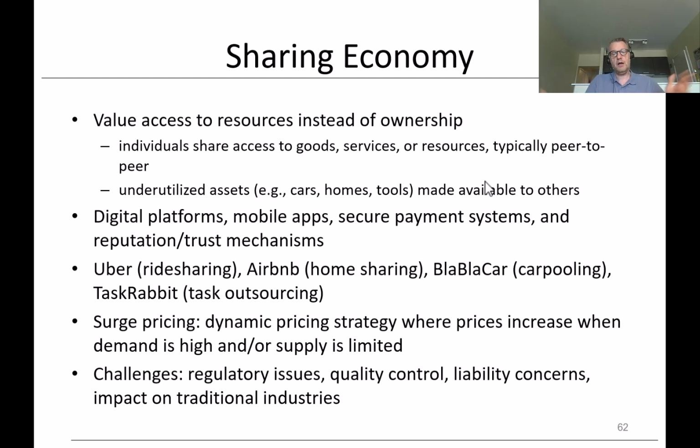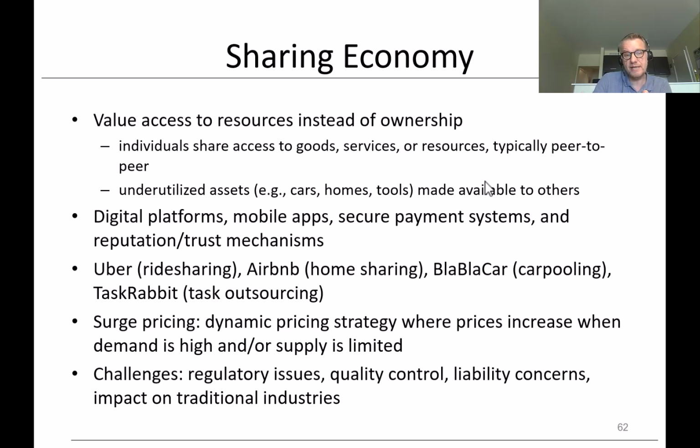Another business model is the sharing economy, where we have companies like Uber, Airbnb, BlaBlaCar. Uber is ride sharing, Airbnb is home sharing, BlaBlaCar, I've never heard of it until I prepared my slides, is carpooling. TaskRabbit is task outsourcing. The idea is to value access to resources instead of ownership. So individuals are going to share access to goods, cars,